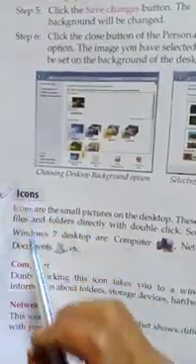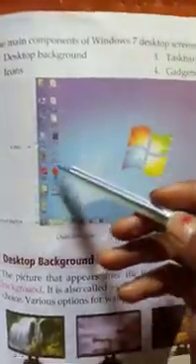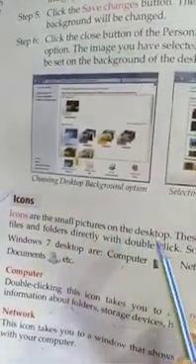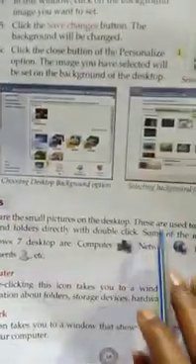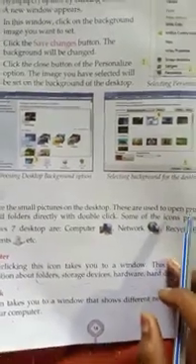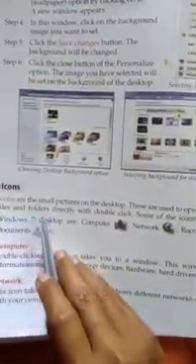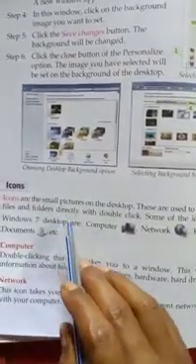Then next one, icons. So dear my students, here you see these are icons. Icons are the small pictures on the desktop. These are used to open programs, files and folders directly with double clicks.